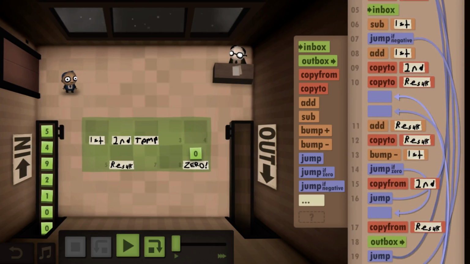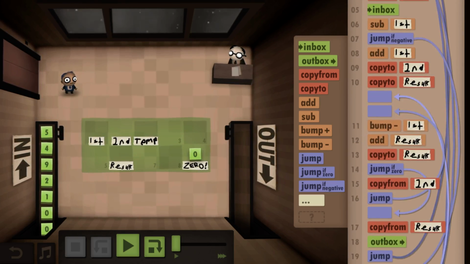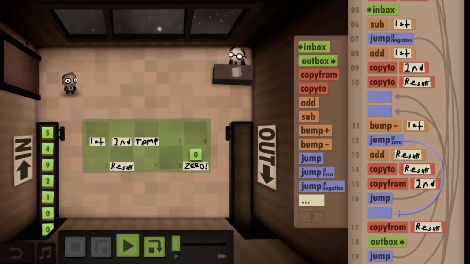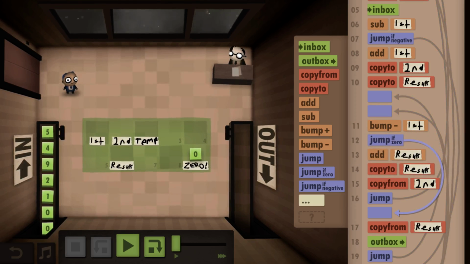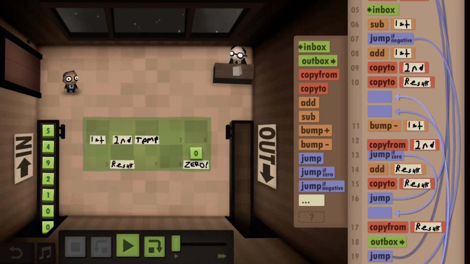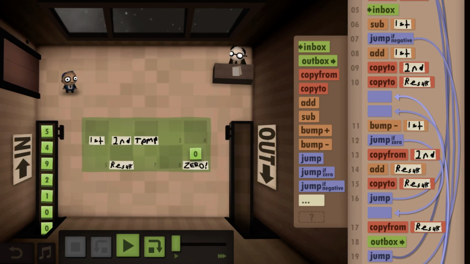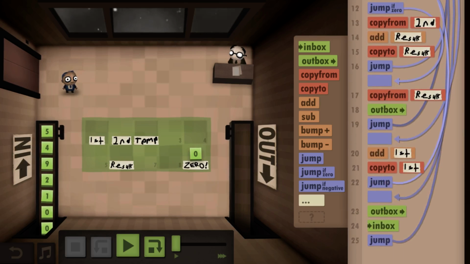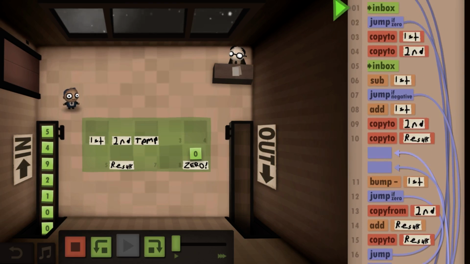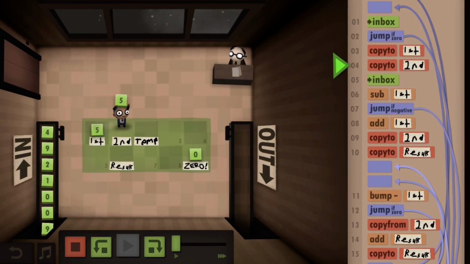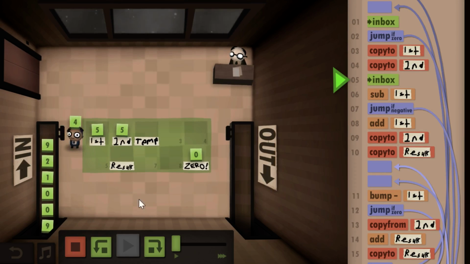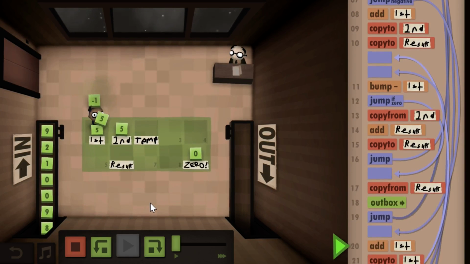But there's still something, I think, missing as far as this. Maybe that'll fix it. Hopefully. 5, 5. So we have a 4 that we want the 4 there.